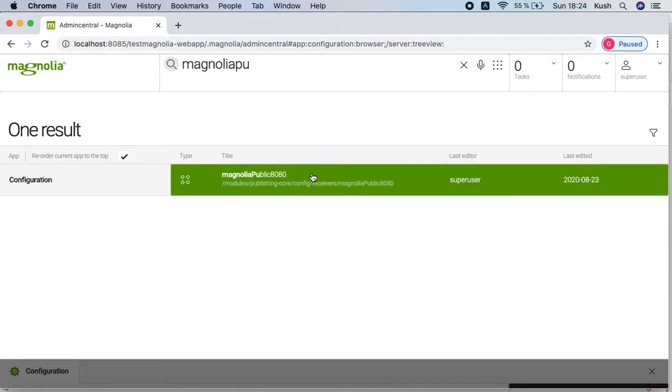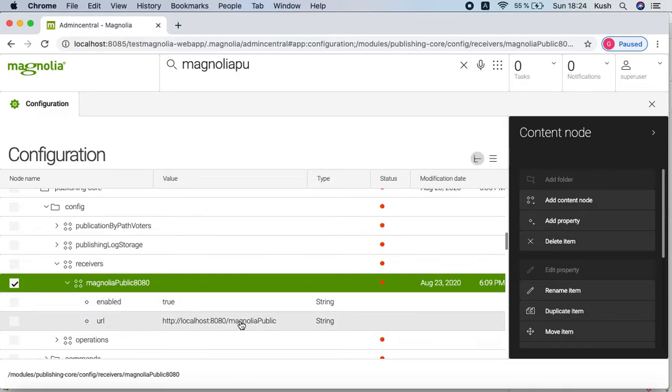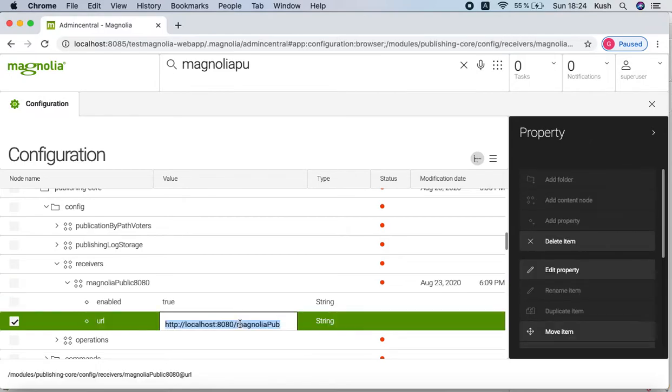Here you can see this is the default URL we have for the public server. Now we need to change this URL to our URL. So I will change this URL to 8086, and then our test Magnolia.